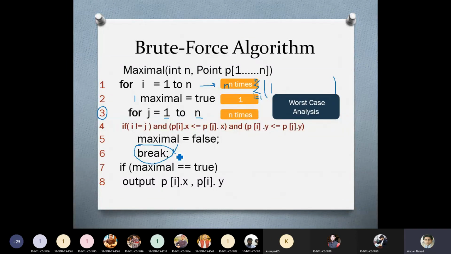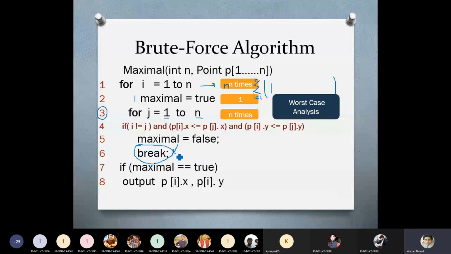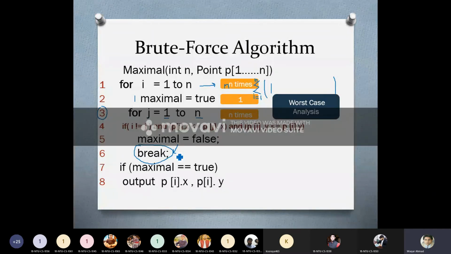Only then can we imagine that this loop is also going to be executed n times. Otherwise, we cannot imagine that, because there are possibilities that this loop is going to be executed less than n times. But for our analysis, we are going to assume that it is also going to be executed n times.